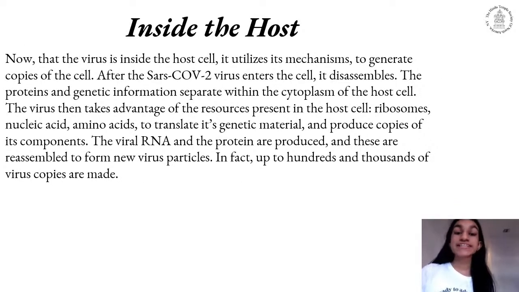Now that the virus is inside the host cell, it utilizes its mechanisms to generate copies of itself. After the SARS-CoV-2 virus enters the cell, it disassembles, and the proteins and genetic information separate within the cytoplasm of the host cell. The virus then takes advantage of the resources present in the host cell. That means using ribosomes, nucleic acids, and amino acids to translate its genetic information and produce multiple copies of its components. The viral RNA and the proteins are produced, and they're reassembled to form new virus particles. In fact, up to hundreds and thousands of virus copies are made,